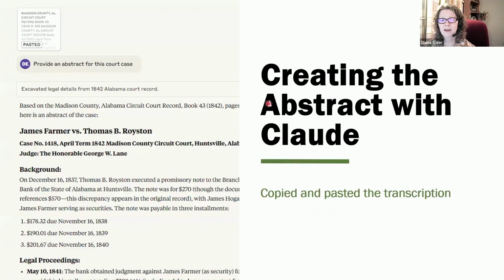I have tried doing my abstracts with all the different AI tools, and I found I like Claude the best. Some of them are just way too general, and I found Claude just does a beautiful job with abstracts. So that is the one that I always go to. So I copied and pasted in the actual transcription, and then it gave me all the information. I got the background, legal proceedings,